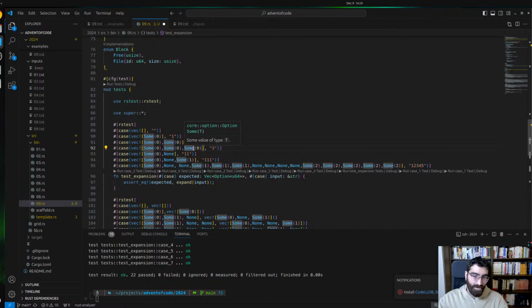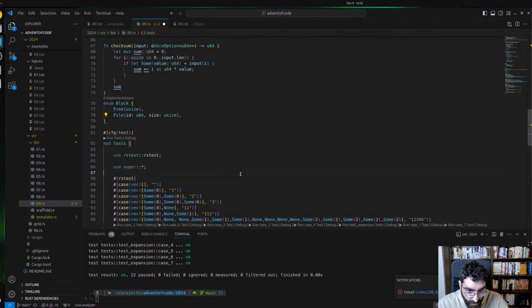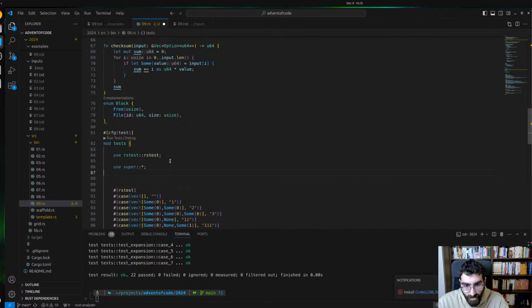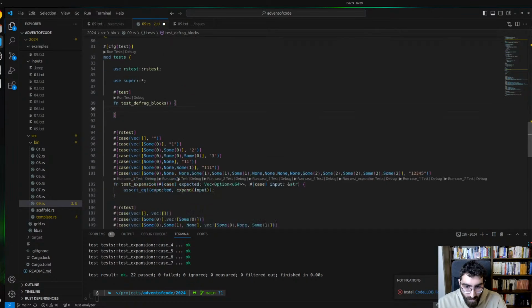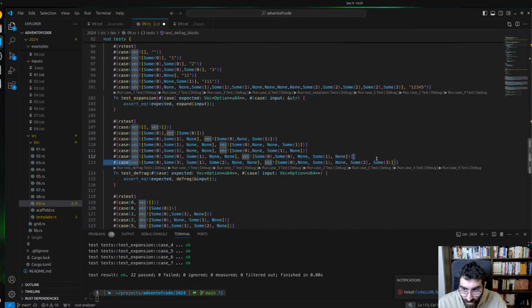Okay, let's start by writing the algorithm, and then we can check. We can refactor the first part. So let's start from scratch. Let's start with the defragmentation procedure. So we can test, and we write a test defrag blocks instead of single elements. We have, let's try to see, we have